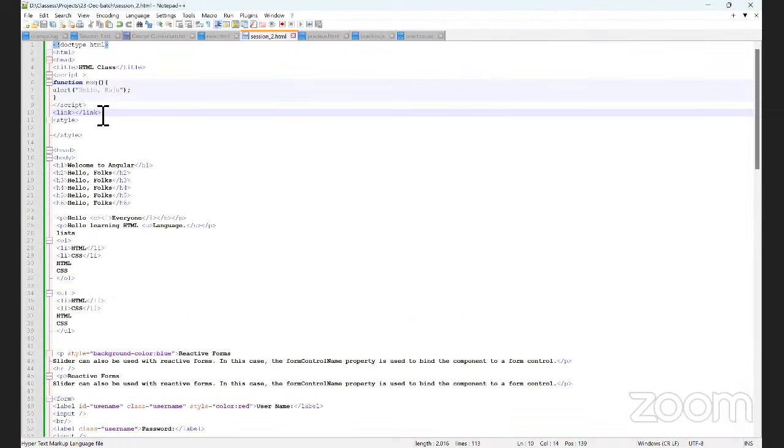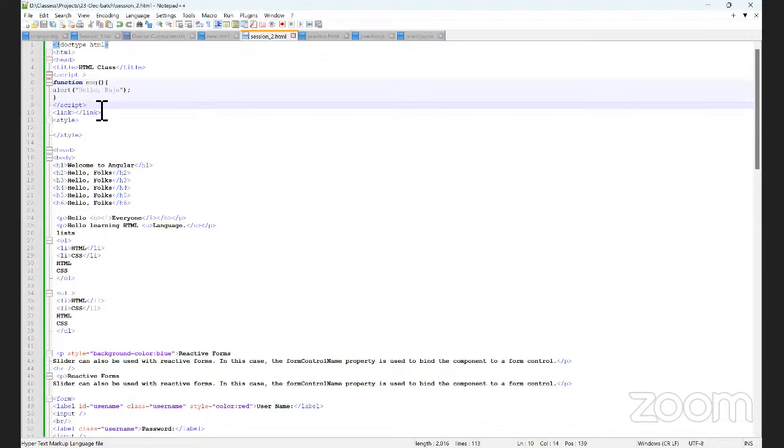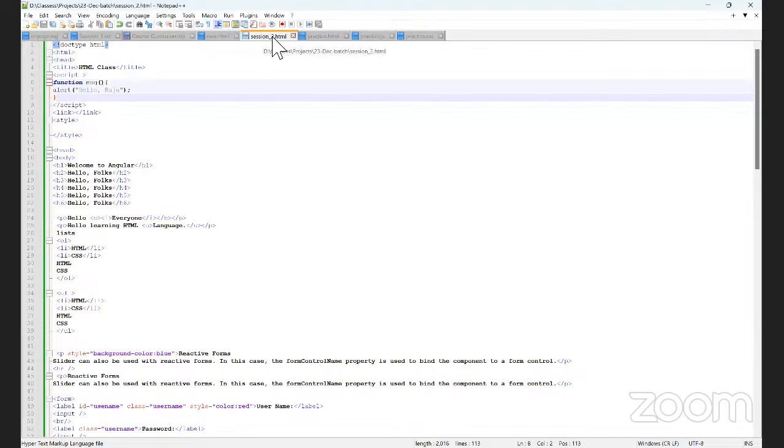And there is one more use case of the script tag. Suppose here only one function is there, so we are writing it here. If you want 100 functions, writing them all here is not good, right? Suppose you have 100 functions and you have to use the same functions in another document also. Suppose you take session 2, and you want to use the same functions inside